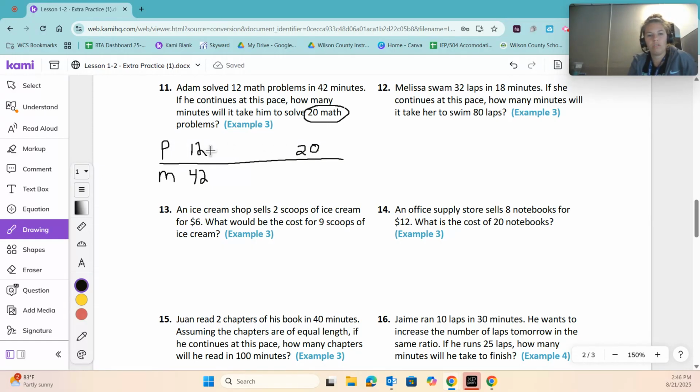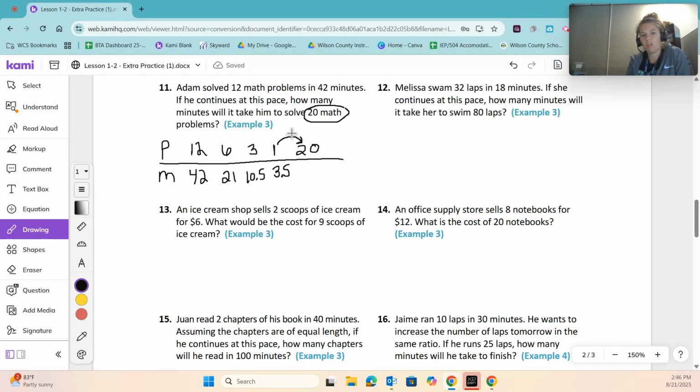So 12, I'm going to take this down to 6. All right, so 6 problems will take 21 minutes. 4 problems, oops, not 4, 3 problems will take 10 and a half minutes. And then I'm going to divide this by 3 to figure out how many we'll do in 1 minute. And 10 and a half divided by 3 is going to be 3.5 minutes. Okay. Now, if he spends 3.5 minutes per one problem,